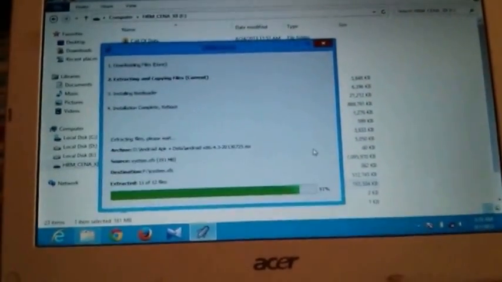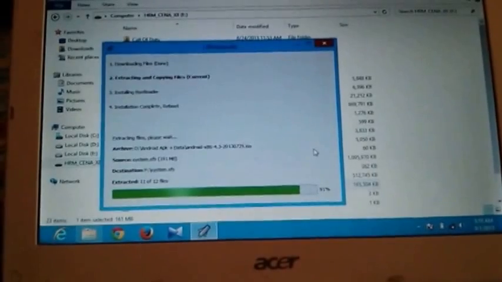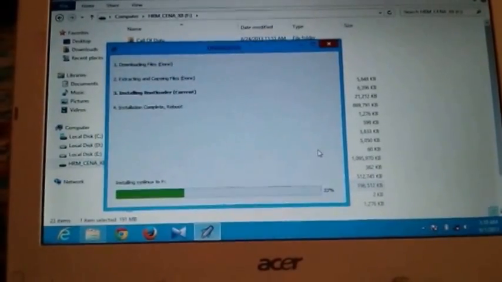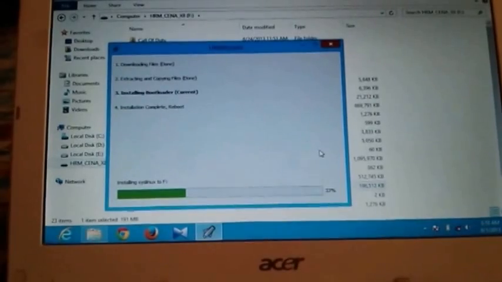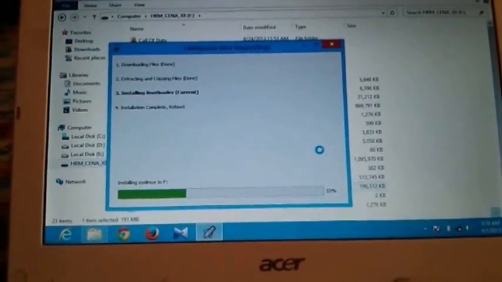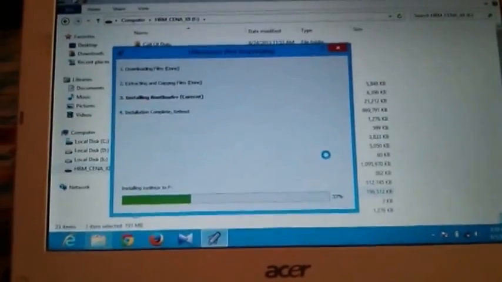After copying these files, it will install the bootloader, which will help us in installing the grub bootloader, which will make your PC or the laptop, wherever you are installing this, a dual boot system where you can boot between Android 4.3 or Windows if you are running Windows, or Linux operating system if you are using a Linux operating system like Ubuntu.